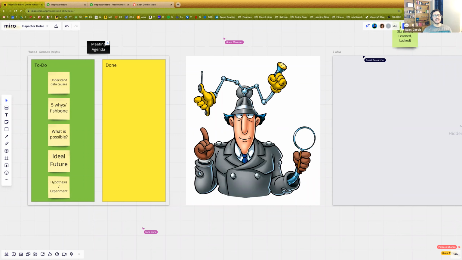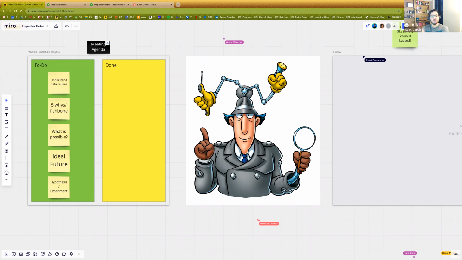Now, let's say you managed to help your team think up 10 things that maybe we could talk about. Don't try to answer all 10. Ask the team, hey, looking at these, which ones do we think we can do something about that could help us improve the most as a team? And then pick a couple, 2 or 3, to pull into this space, the generate insights space. Why?